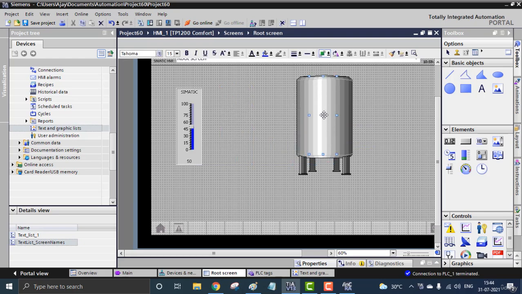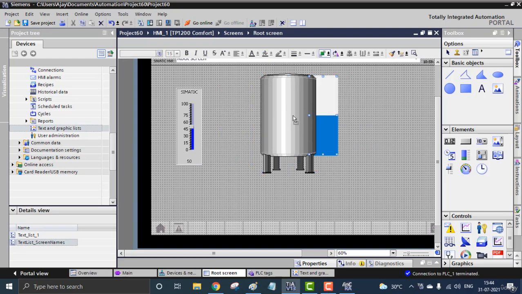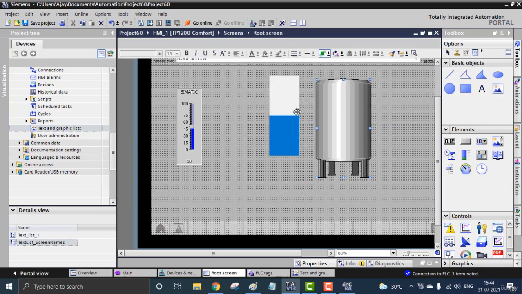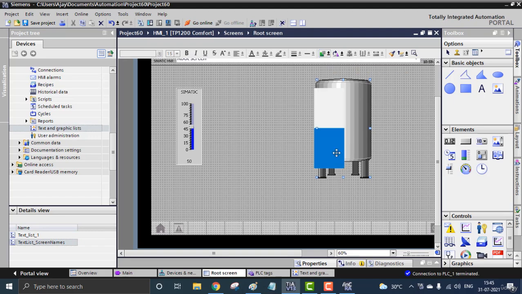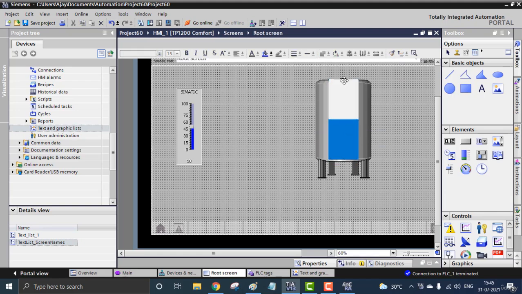So I can make this a filling element. See, it's on the back side. I just want to make it come to the front side. So, move selected object to front. Now it's in the forward position, so I can use it overlapped. Here I am putting the tank in the backward position, so move backward one level. Now you can see the tank is at the back and the filling element is at the front, and I'm just making it a bit lighter.